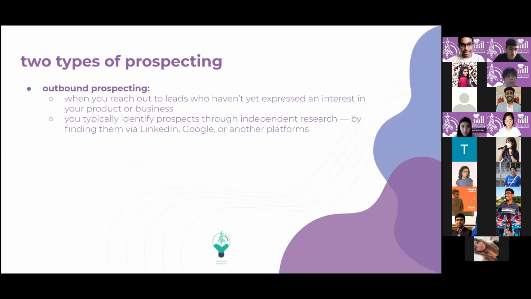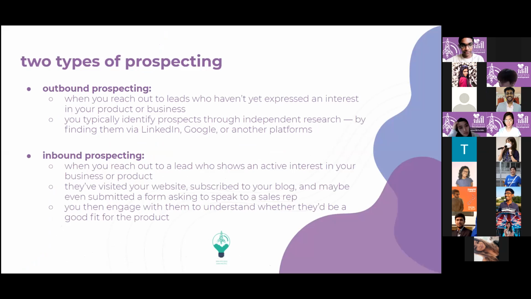If I need to categorize two kinds of prospecting, the most common types that we see are outbound and inbound. Outbound prospecting is when you reach out to a certain company or a certain lead who hasn't expressed any interest in your product. That company has no clue of what you guys are doing. Maybe that company has never really heard about ISEC, or even if they've heard about it, they have never really approached you showing interest. So this is what we oftentimes call cold contacting or sending a cold email,